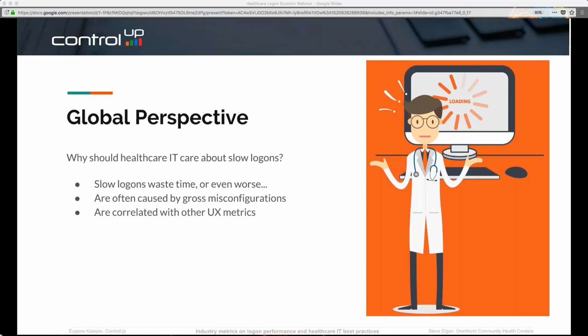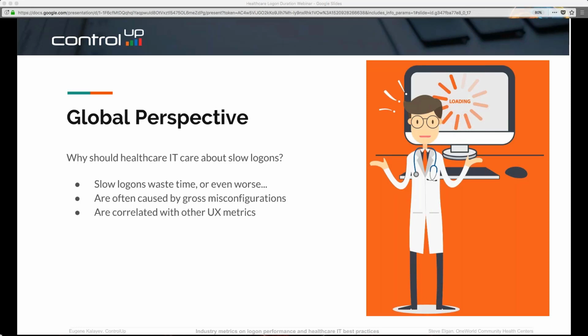Obviously, in the healthcare scenario, those users may be doctors, patients, caregivers or other personnel upon whom the patients depend to receive better care. So when the user is waiting for the desktop to open or a medical records application to open, the assumption is that during that time, nothing productive happens and the user is just waiting. But